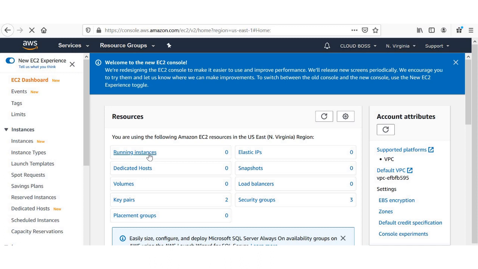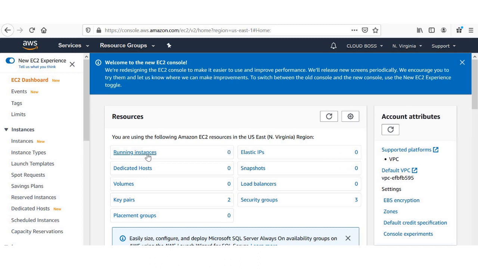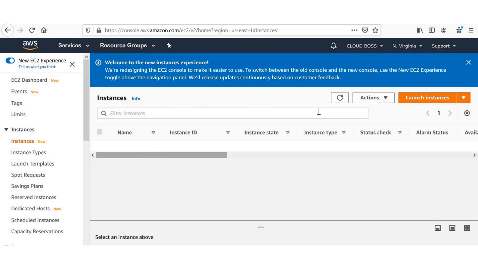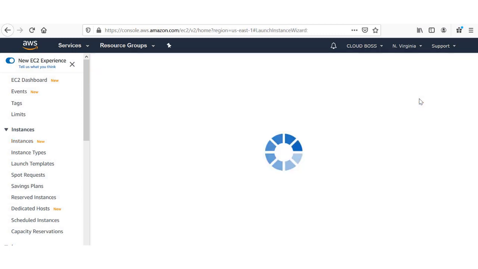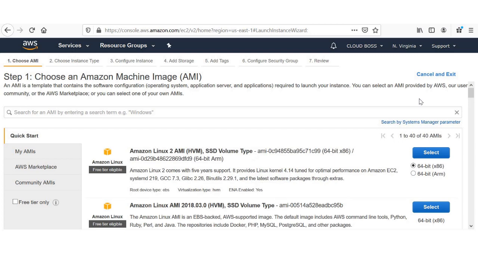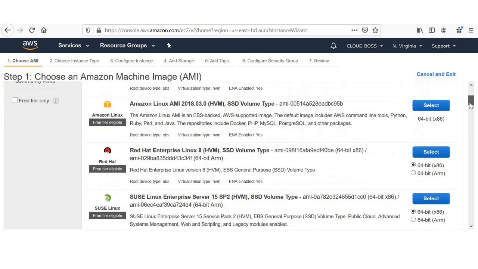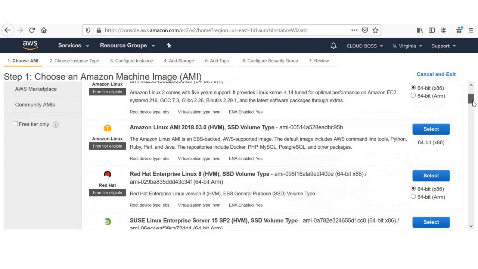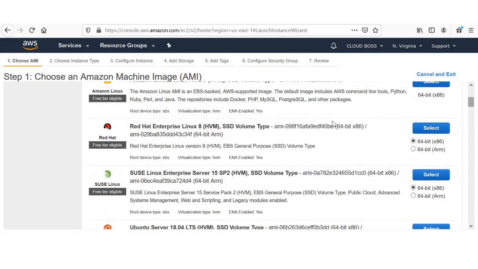See, as of now we are not running any instances here. So we are going to create and launch an instance, so just click launch instance. First we will take Linux, then we will move forward to a Windows instance. So you just search for Red Hat. See, this is AMI. AMI is nothing but Amazon Machine Image, where we have ready-made OS available on the AWS site. So we need to choose the AMI. It is nothing but the OS.